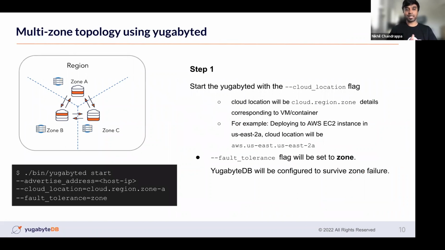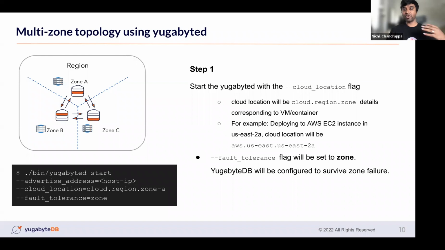For us to get started with the multi-zone topology, we use the same start command. We'll just have to add a few additional flags to it. One is the advertise address, which is the private IP or the DNS name of the VM where you want to start this instance, and also the cloud location. Cloud location is nothing but the rack information or the cloud information that you have, say from an AWS EC2